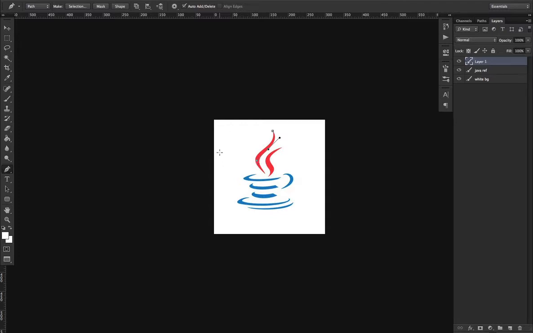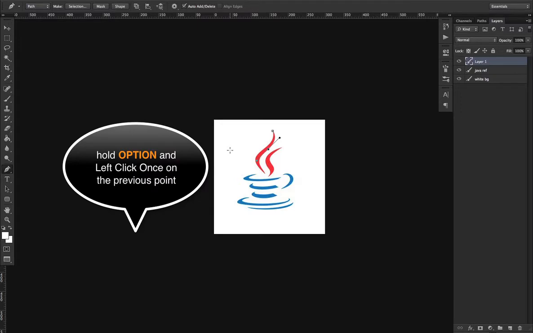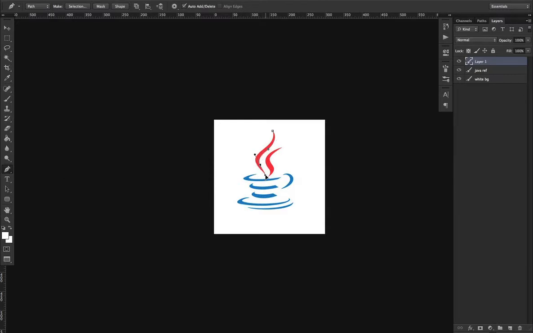Now when you let go, the only thing that's the trickiest part of the pen tool, which is not that tricky at all, is using Option. If you hold down Option and then left click the last point that you made, you're just going to remove this line that was over here, and now you can make a fresh curve starting from this point. So we're just going to keep on going. Left click and hold, drag it, make the curve, let go, hold down Option, left click once, let go,